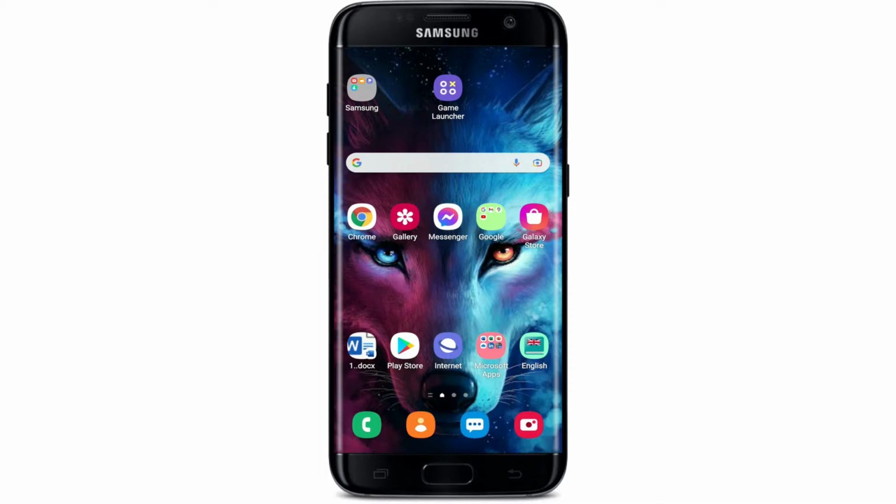In today's video, I'm gonna guide you through an easy process on how to download Lomotif application on your Android